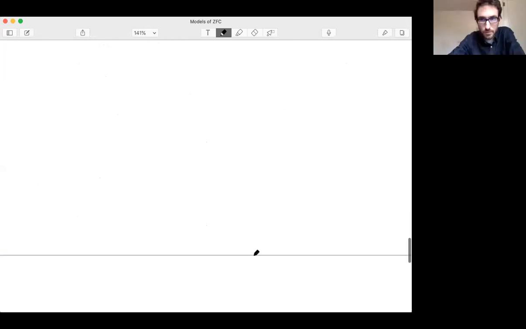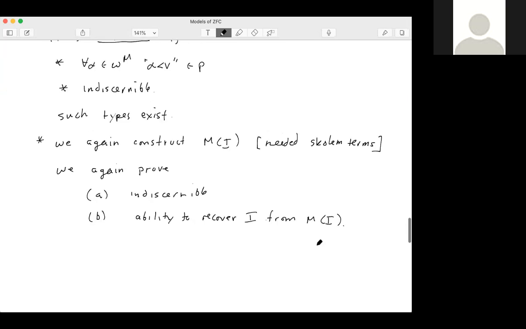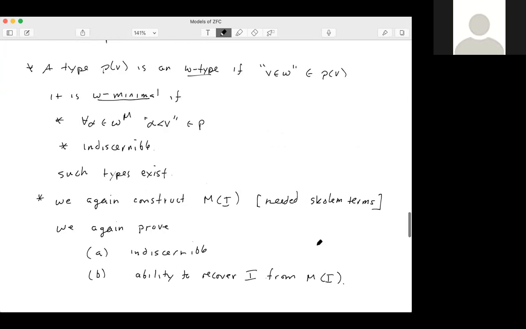Sorry, Sam, can I ask one question? Is the omega of this M of I the old M of I from the PA case then? I mean, do you get that old model of PA that you would have gotten in the first construction when you do the model of ZFC here? I don't know. I feel like I thought about that at some point and I couldn't answer it, but maybe it's obvious.